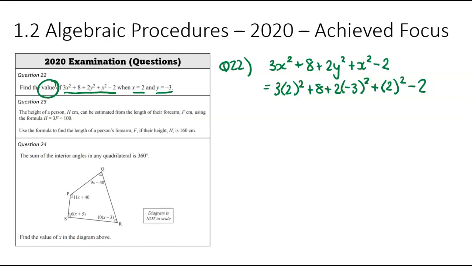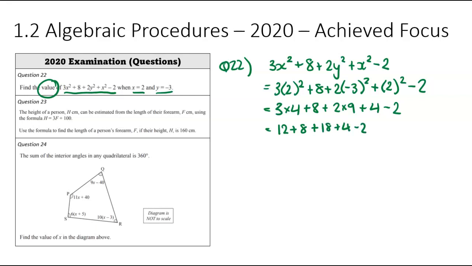I'm going to start off with all my exponents. So 2 squared over here is going to become 4, so that there is going to become 3 times 4, plus 8 is unchanged. I've then got negative 3 all squared, so that's going to become 2 times 9. And then I've got 2 squared, which is 4, and then I've got minus 2. I'm now going to do my multiplying. 3 times 4 is 12, and then plus 8, and then I've got 2 times 9, which is 18,